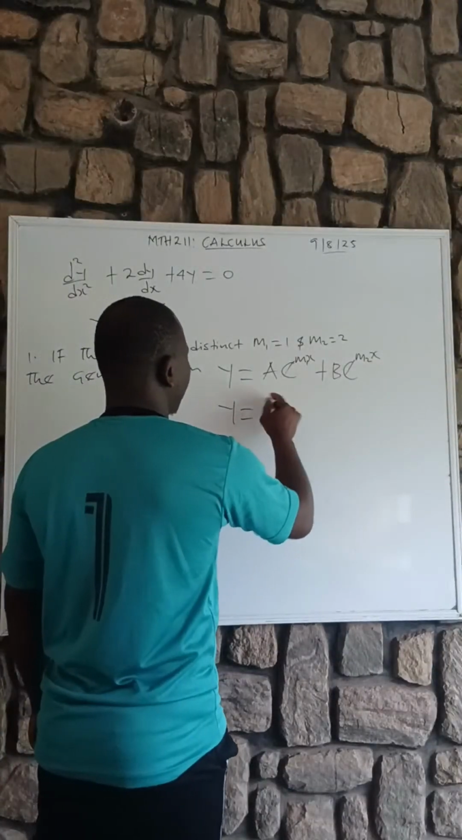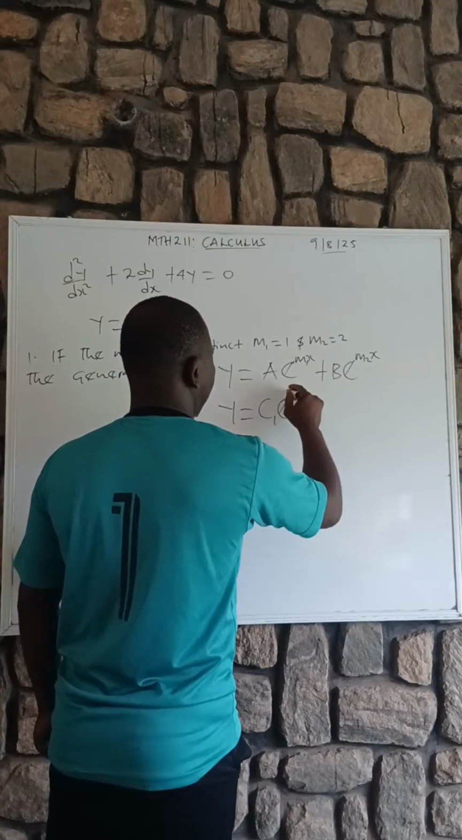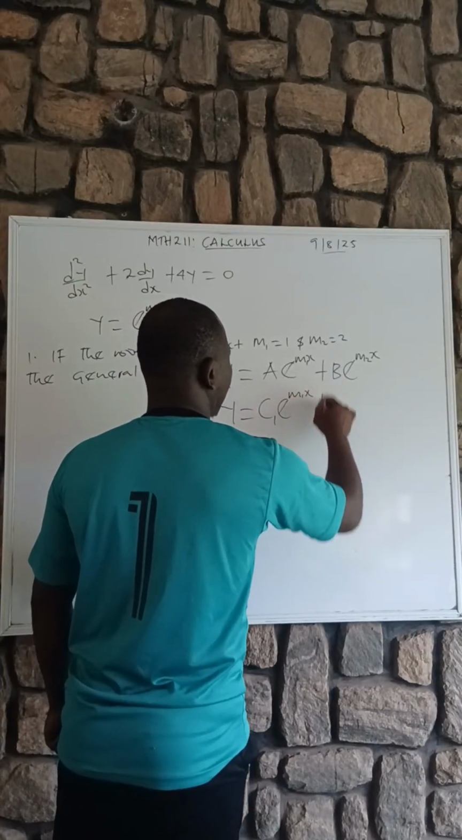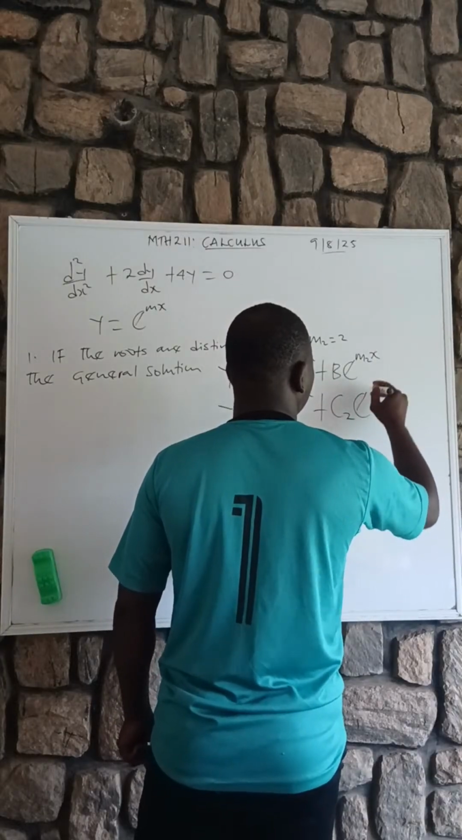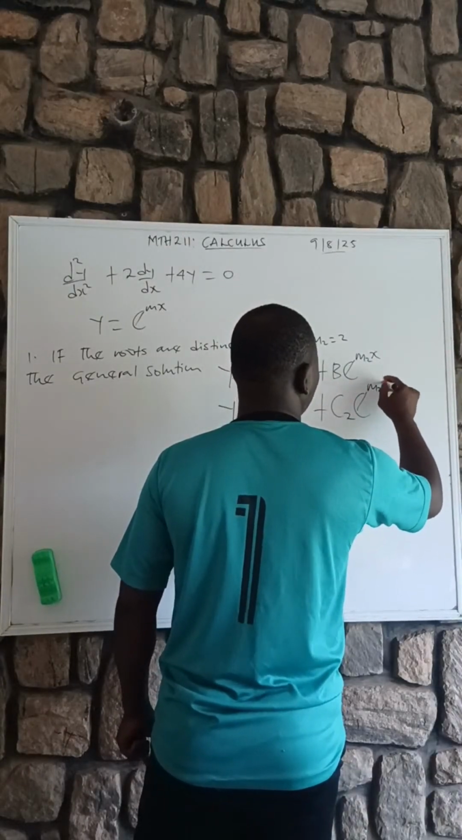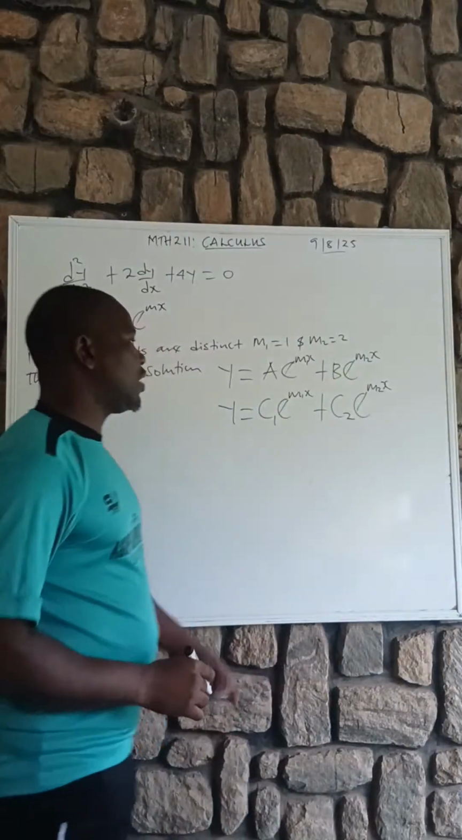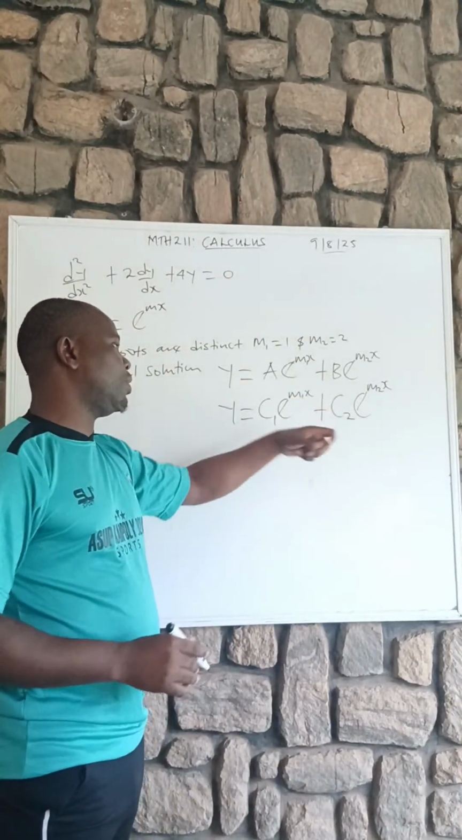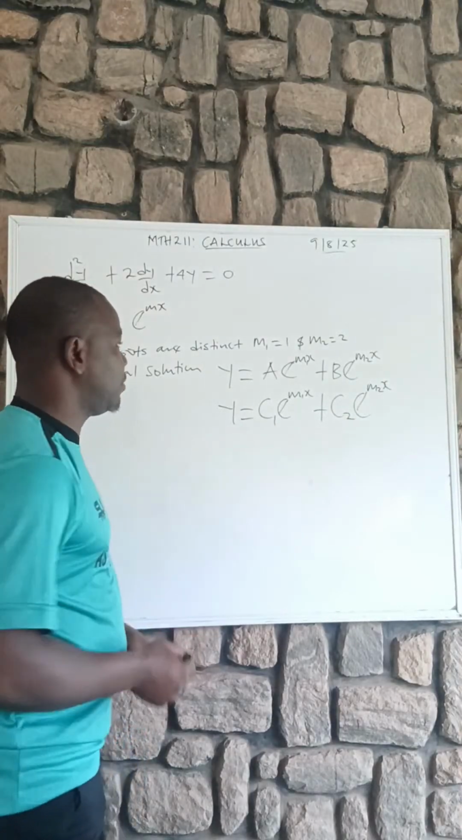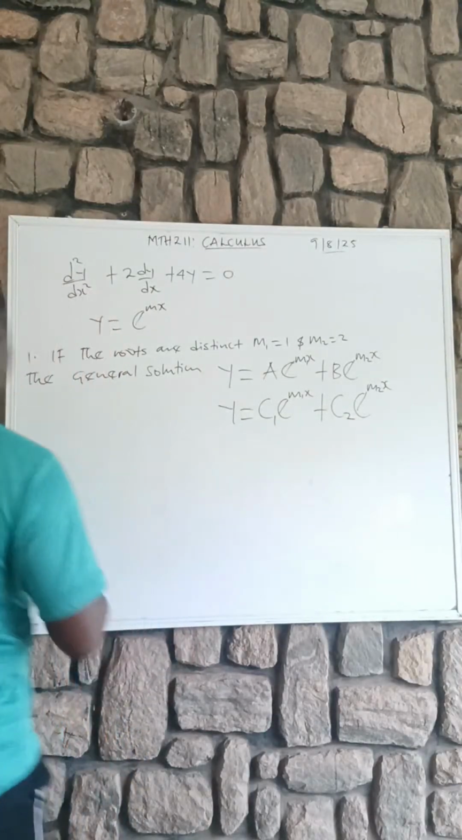y equals c1 e^(m1x) plus c2 e^(m2x). You don't have a problem. Either you use this one or use this one. They are all the same thing. Is that clear? But if